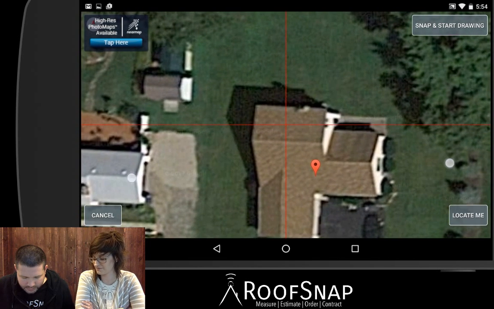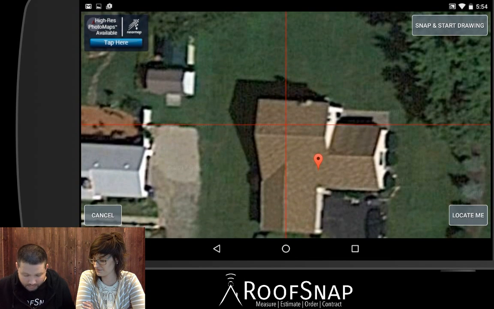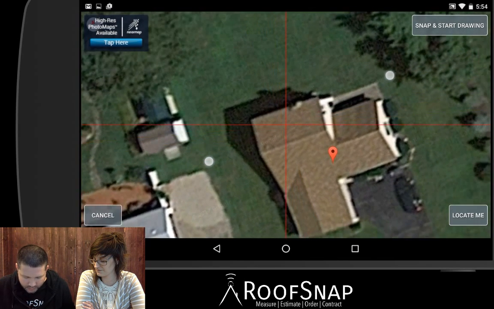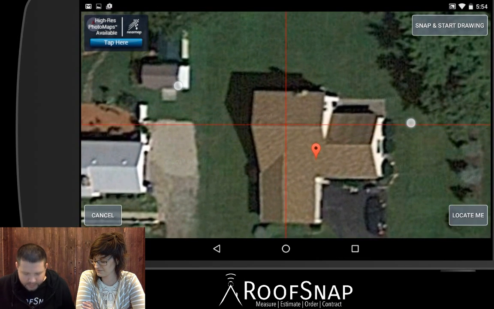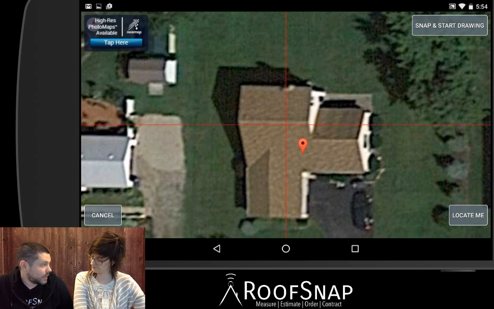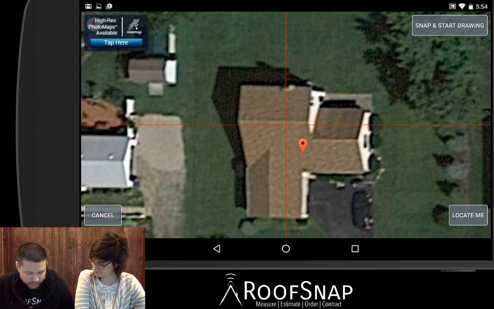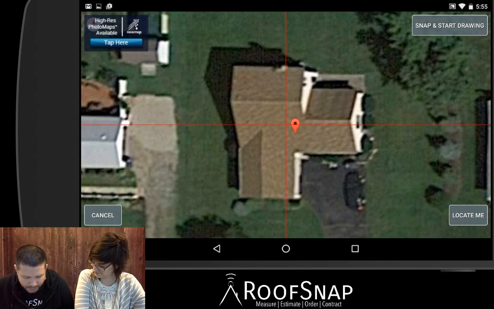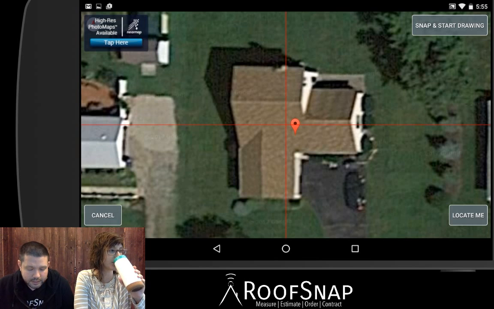And then if I rotate up and down, up with one side, down with the other, I can change the rotation of the image. Now this Google image, because this is the default imagery, because Google's what plots the address for us, puts the little pin right on the roof for us. Great. But it's not really straight. Yeah, you can see the side of the house is slanted. So one of the things that we've implemented here in our first release is